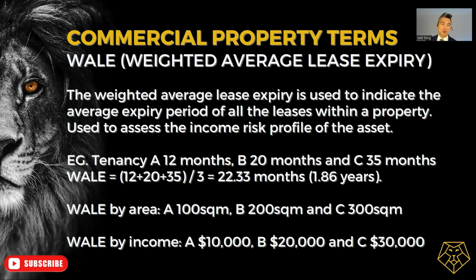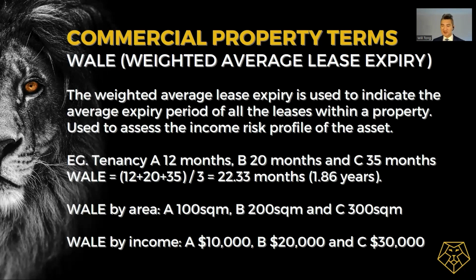Okay, so for example, I'll demonstrate what I mean by this. Let's say you own a property with 3 tenants in place. You've got tenancy A, B, and C. Tenancy A, their lease expires in 12 months. Tenancy B, lease expires in 20 months. And tenancy C, lease expires in 35 months. So the WALE will be the average of the 3. 12 plus 20 plus 35 divided by 3 equals 22.33 months, or